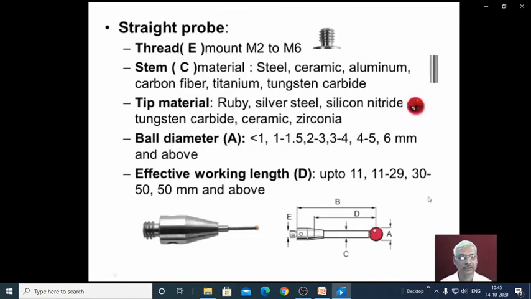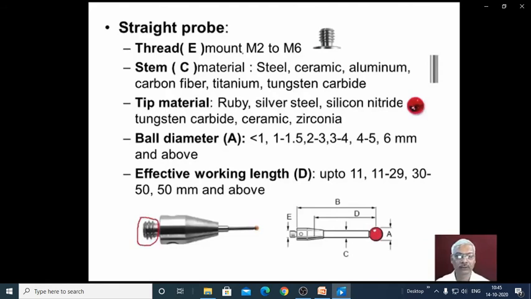Now let us see the details of straight probes. This diagram shows a straight probe stylus. This is the threaded portion which will go into the probe body.